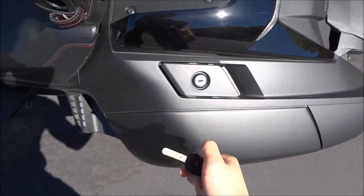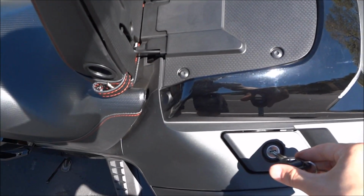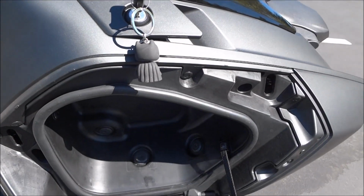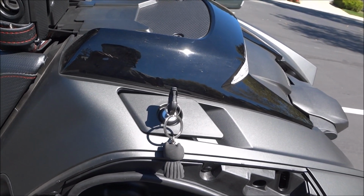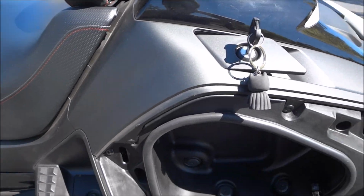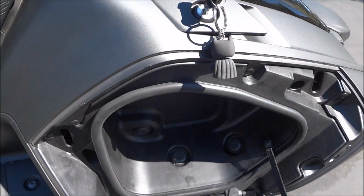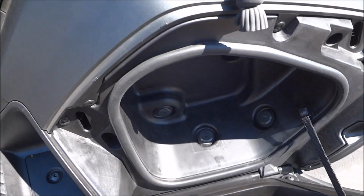Now, let's see the back compartments. So basically, other than the one on the right, every single thing needs a key to open. Stick it in, turn, open. Another thing, you cannot lock these when the key is not in there, so the bike has to be stopped in order to open any of these. Okay, so right here, it looks pretty big on the outside, but inside it's kind of sad because